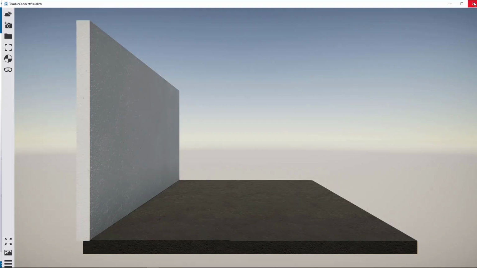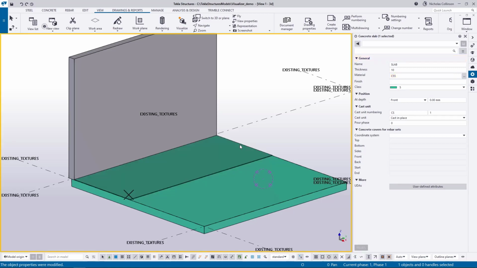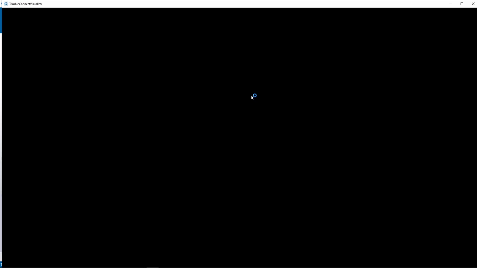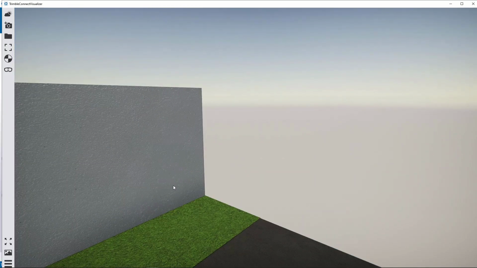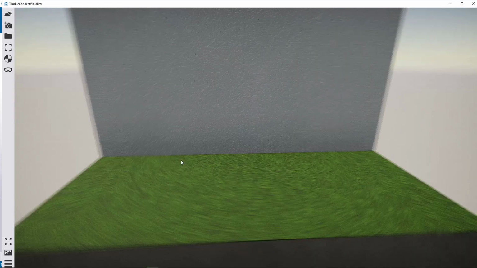visualize selected, just make sure that's set to 55, visualize selected, there we go. So we've got another texture on top of our existing slab there, so you don't need to